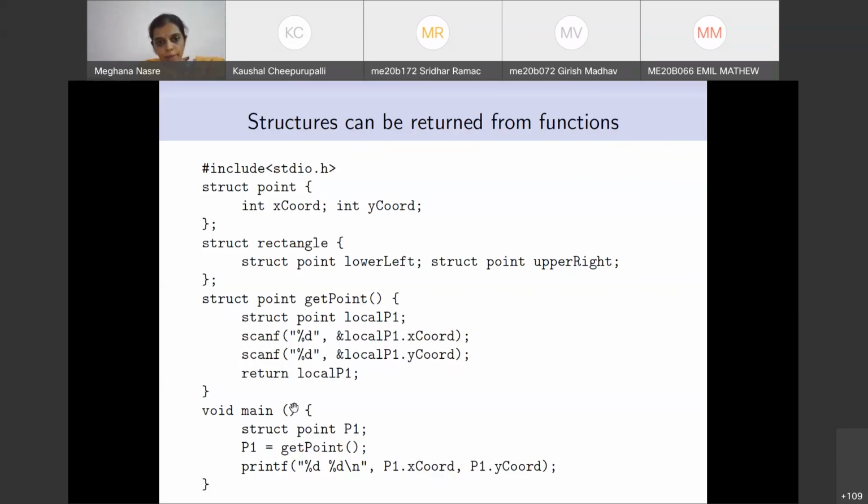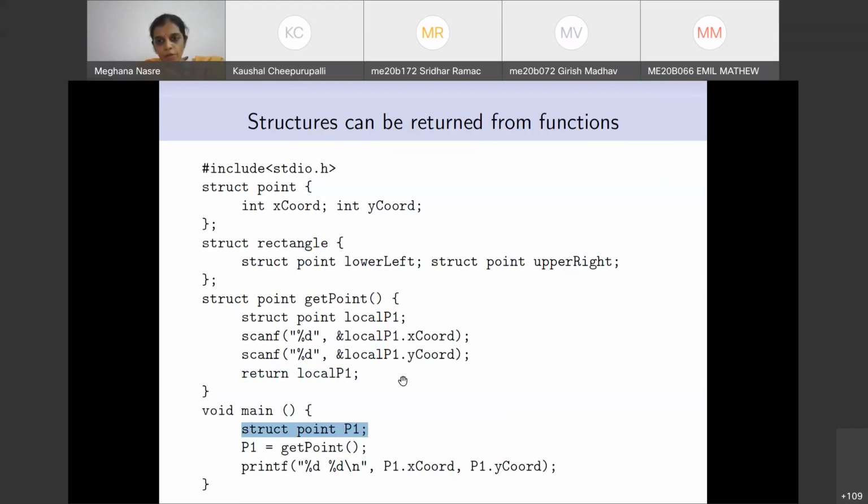Then you see that all the memory has been allocated in main. When you come to this return, if you say return local student, then all the values will get copied into the memory which has been assigned to the student here in main. And that is what I mean by saying that there is a lot of copying happening.